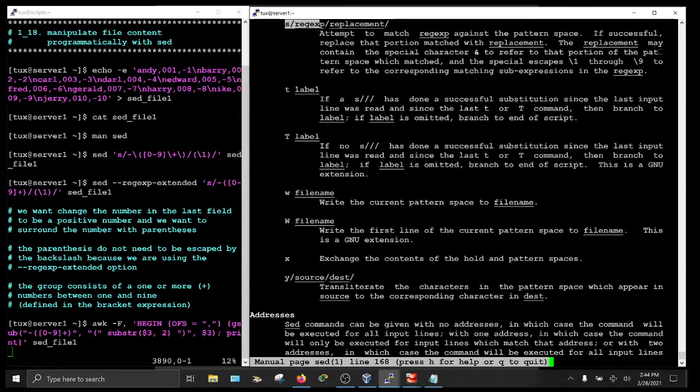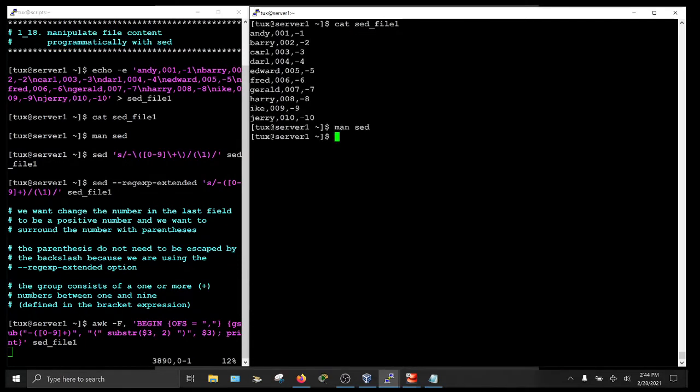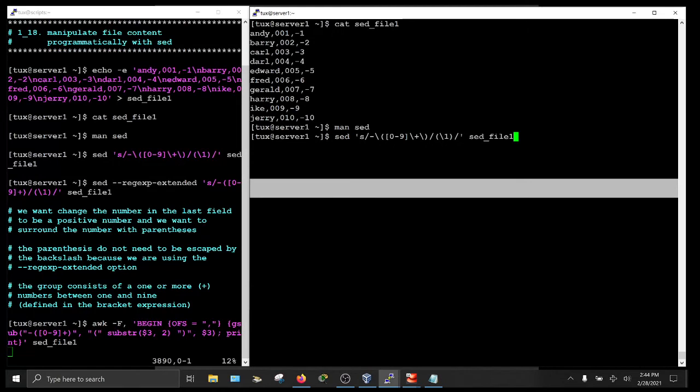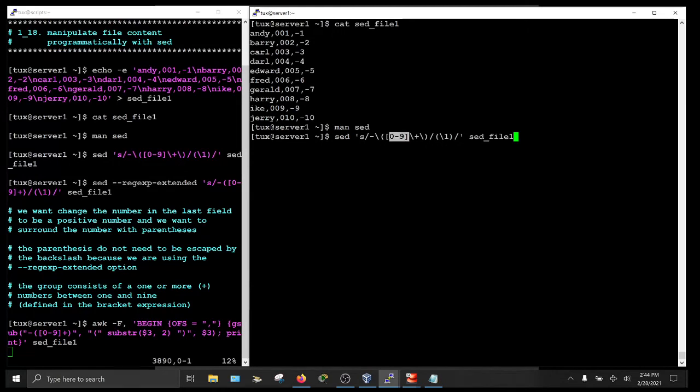And note the 3 forward slashes that separate all of these blocks. Okay, so let's paste this, and here we have the pattern. And so the pattern consists of a bracket expression specifying a digit between 0 and 9, and then we have the plus symbol that symbolizes one or more of what precedes it, and then this whole block of code is